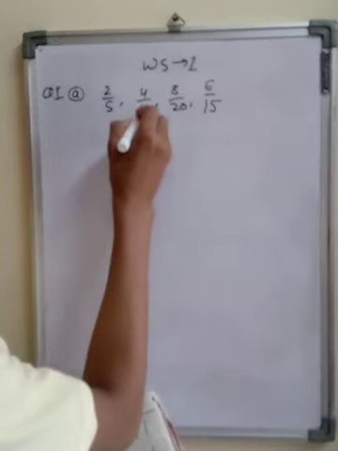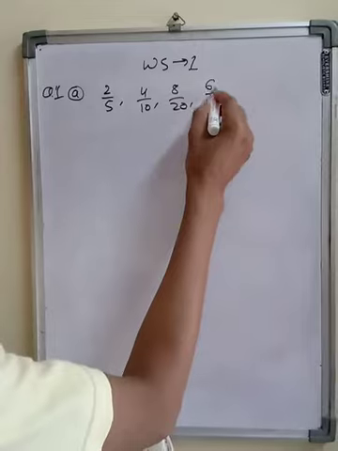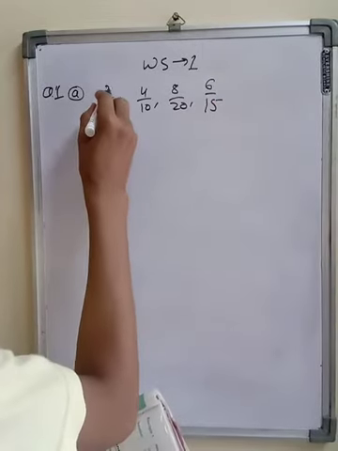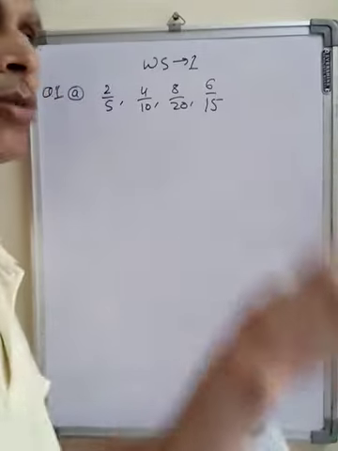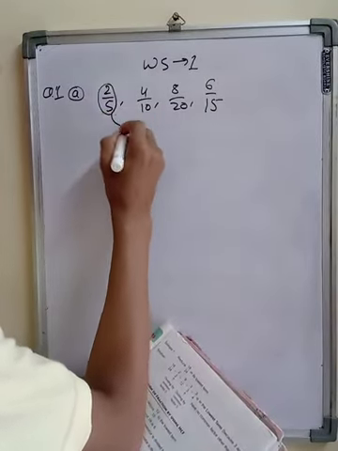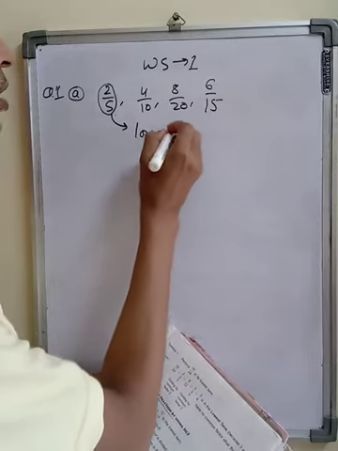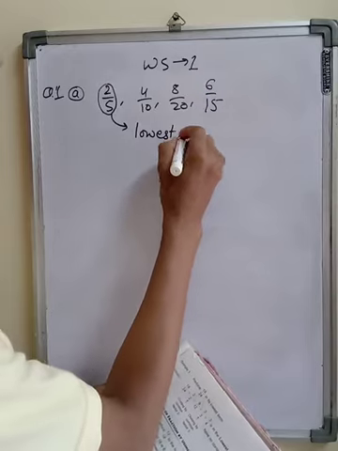So you can see these both are divisible by 2 table. These are also divisible by 2 or 4 table. These are divisible by 3 table. So 2 and 5 is such a number which is not divisible by any common number. So this is our answer. This is in lowest term. Lowest term means which is not divisible by a common table.